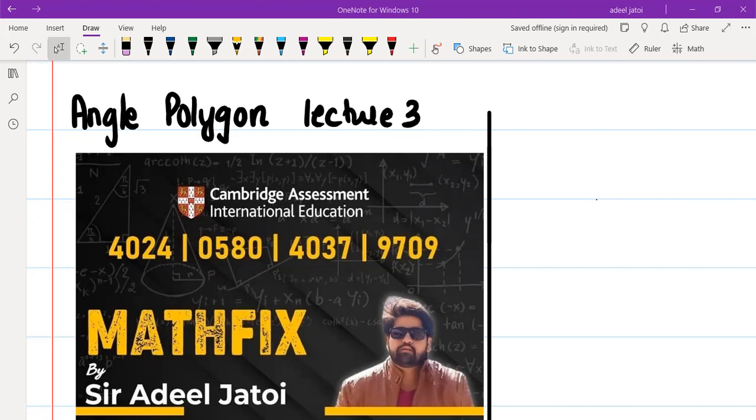Part of lecture 2, we made sure that we understood the quadrilateral. So there were 6 different types of quadrilaterals and the properties that are applied for the angles. Now we have angle polygon. Now, angle polygons